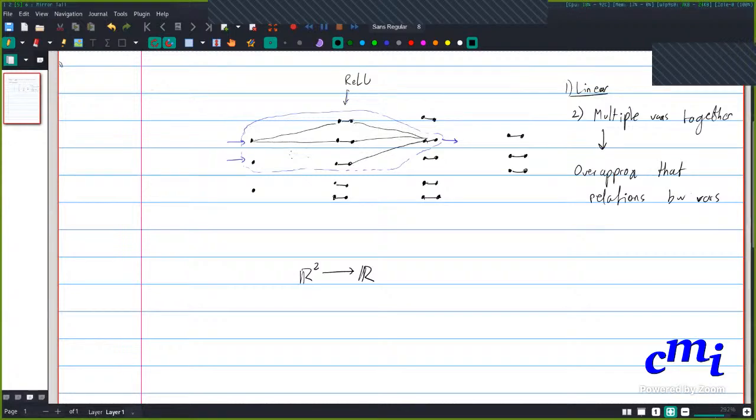So the idea is that we can take this entire group of 6 neurons within this blue region, 2 input neurons and 4 intermediate neurons, and treat it as a function from R2 to R. And then what we can try to do is get linear upper and lower bounds for this entire region, or entire sub-region, function. And that will allow us to abstract this network in some way, right?